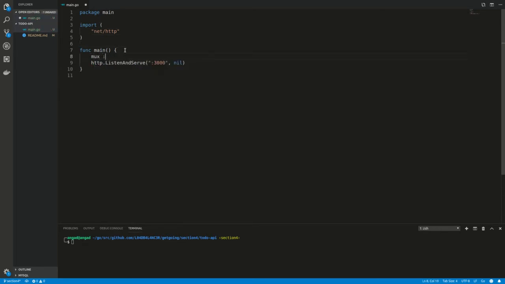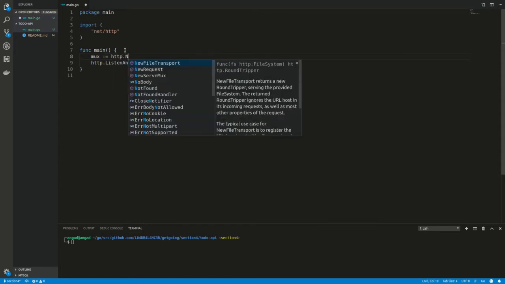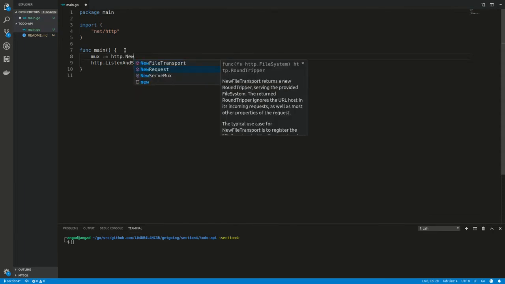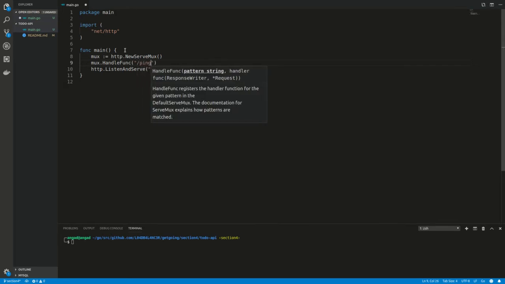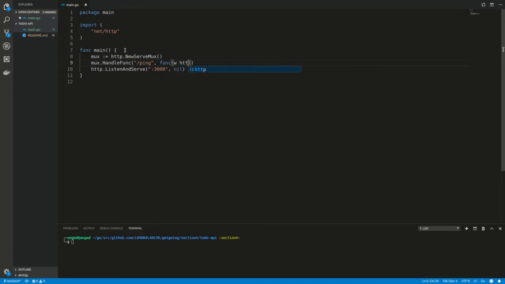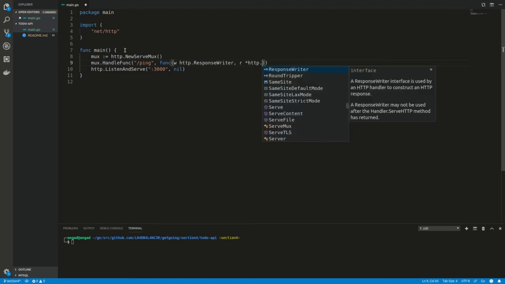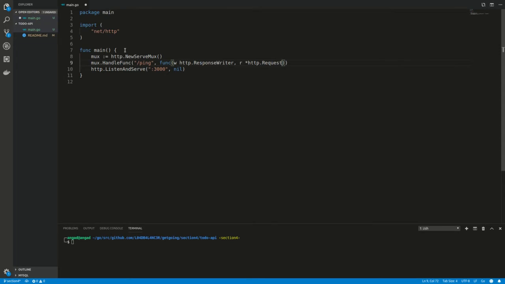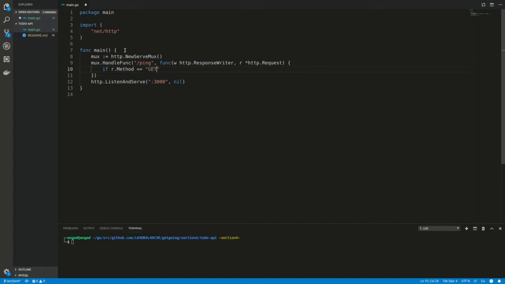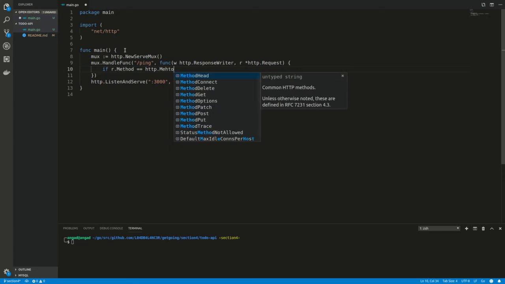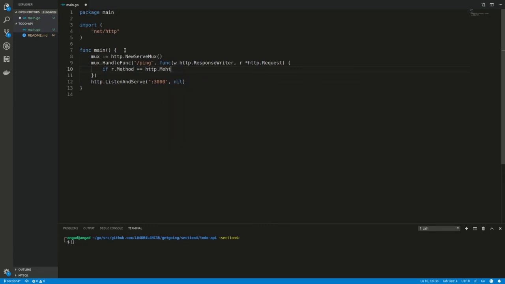Let's define a new multiplexer, http.NewServeMux. And we're going to do a mux.HandleFunc, and we want to handle the /ping route, and whenever we get a GET request on the /ping route, we want to do something. It takes an http.ResponseWriter, and then a reference to the http.Request. Using both of these, I'm going to say that if r.Method is equal to GET, or we can use http.MethodGet,